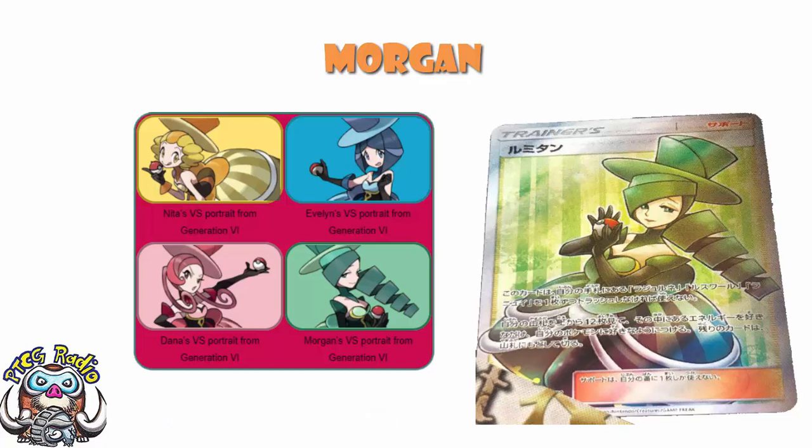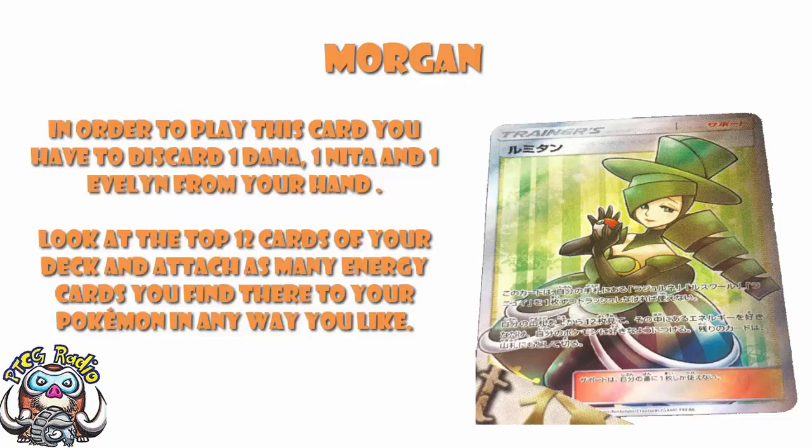And in order to play this card, you need to have all four of these ladies in hand, and you need to discard the other three. So in order to play Morgan, you need to have Nita, Evelyn, and Dana in hand and discard them when you play Morgan. Okay, that's the awkward bit, but the good bit, you then look at the top 12 cards